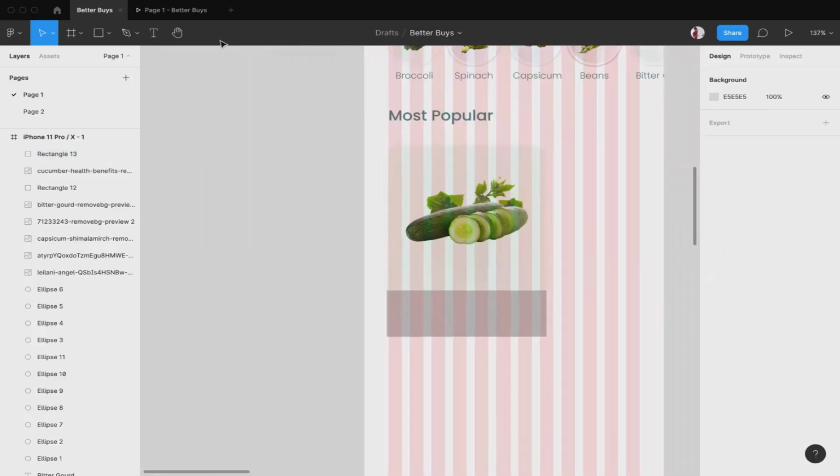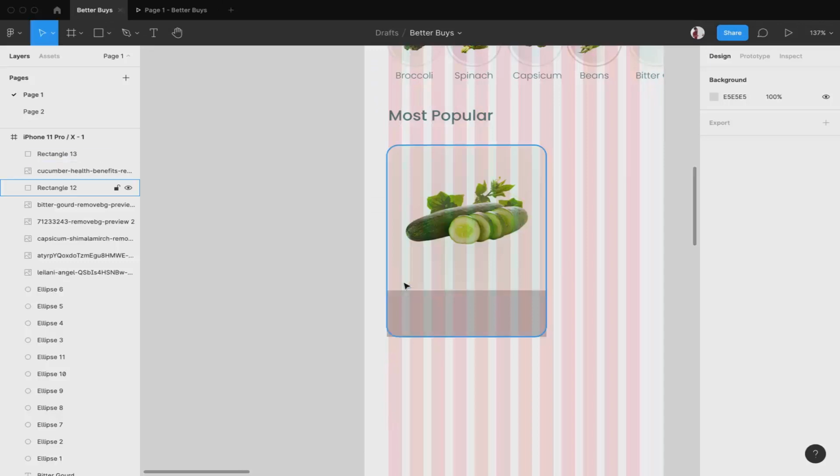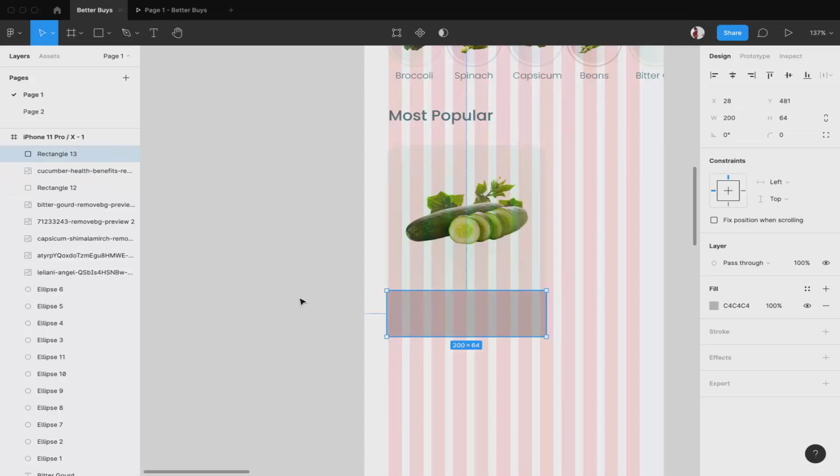Now you can see this is rounded at the top but not at the bottom, because we have added another box on top of it. So the box which was behind it got covered.